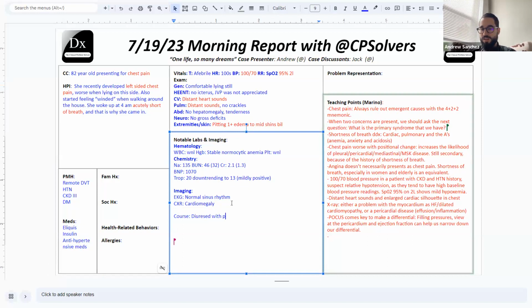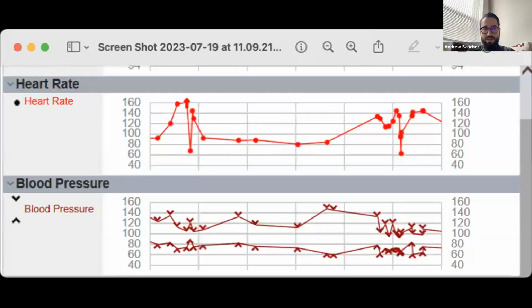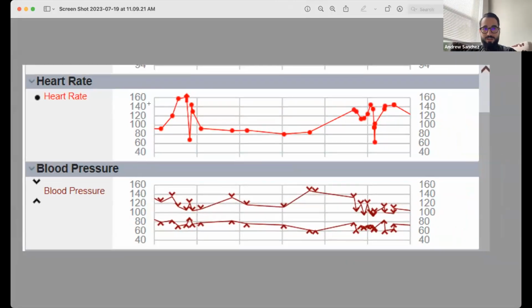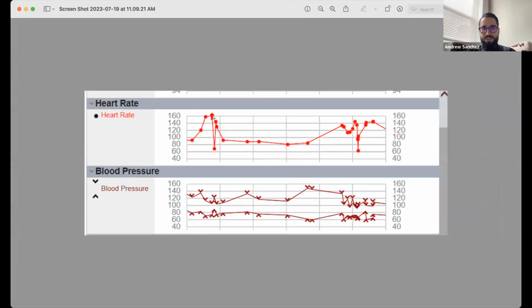And then just sharing my screen again here. So this is her vitals trend. On the floor, she started to have some atrial fibrillation with rapid ventricular response, which we rate controlled during the day just fine, started PO metoprolol, and you can see that she's doing okay. So I go home and I come back, and in the morning, the overnight hospitalist was actively trying to rate control some rapid ventricular response again, and her blood pressures were a little bit lower now, more like in the 90s range over 80s or 70s here.